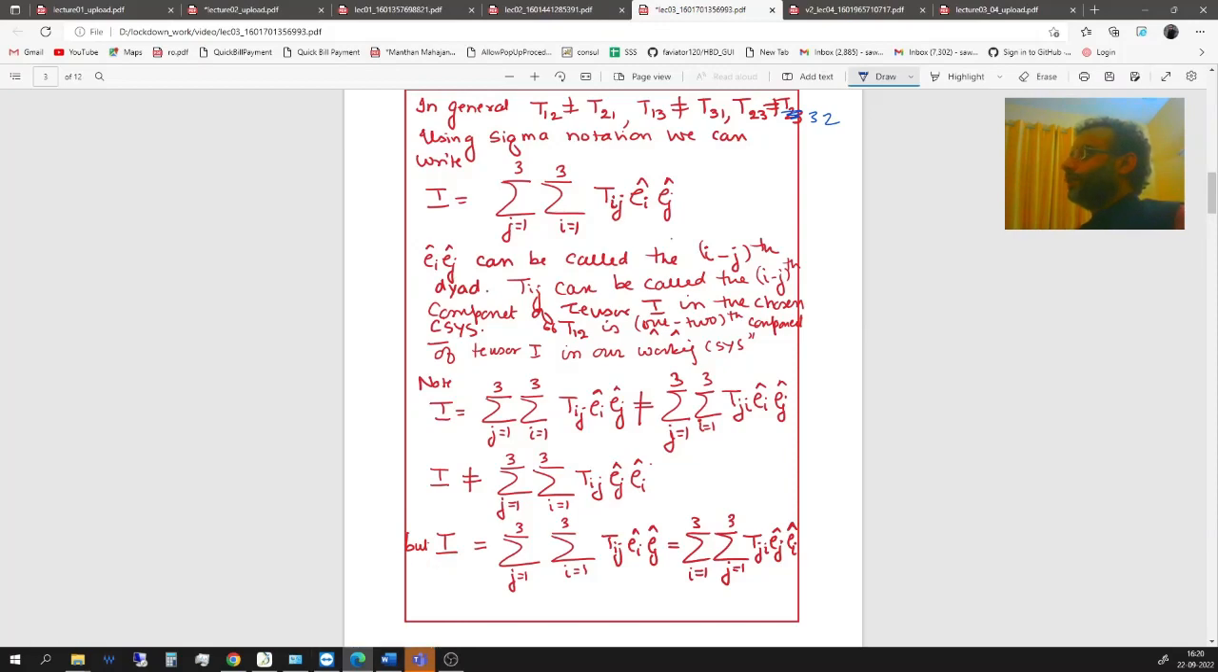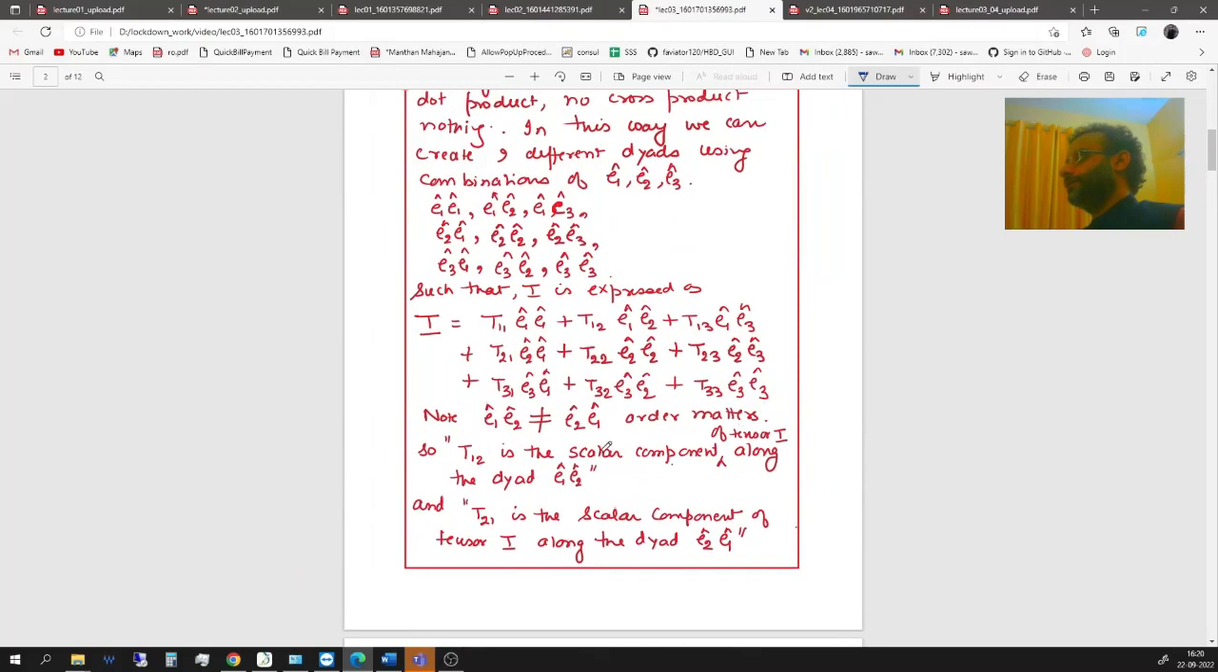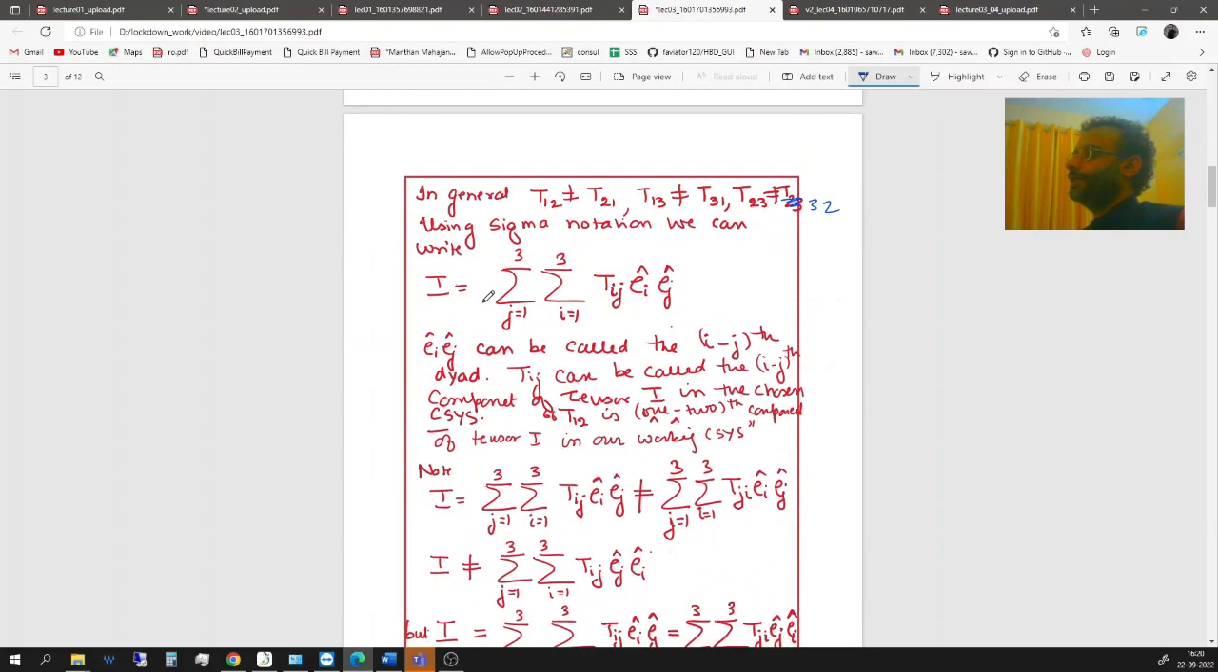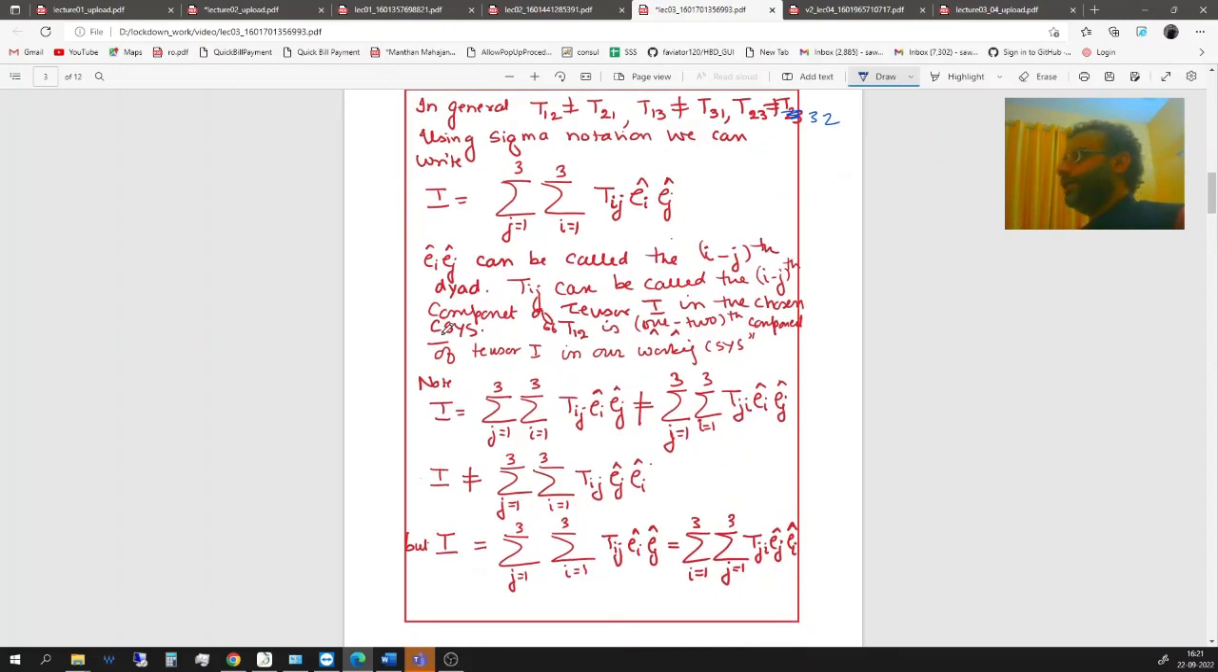If you go back to your sigma notation, instead of writing T as a sum of these 9 terms one after another, we can in a more compact way write the entire tensor as two summation signs, Tij Eij, where i equals 1 to 3 and j equals 1 to 3. There are 2 summations. Eij can be called the ijth dyad. So if i is 2 and j is 3, E2 E3 can be called the